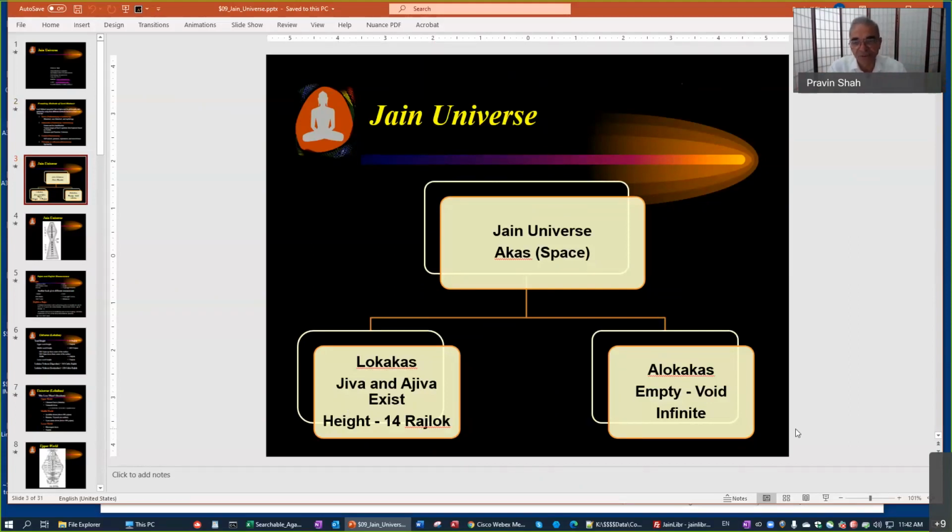And so, for completeness, for all practical purposes, when I use the word Lokakash, it is the Jain universe, because the empty void has no useful function. It's just empty void. All right. So the next one is,